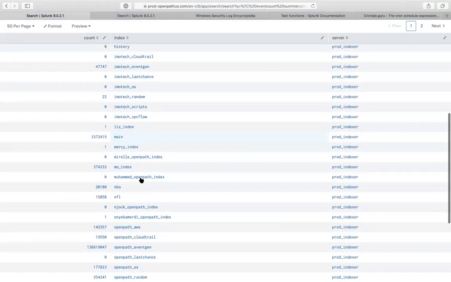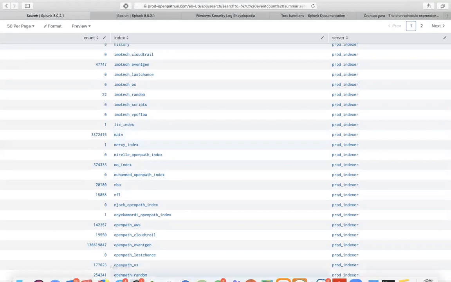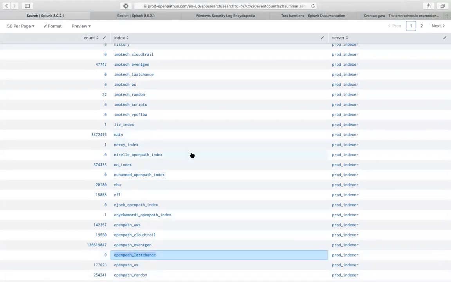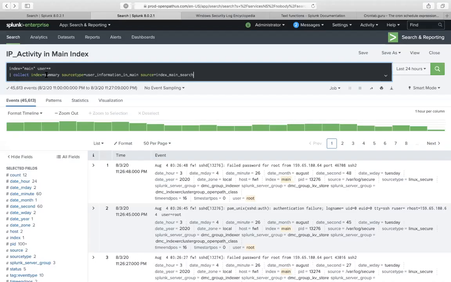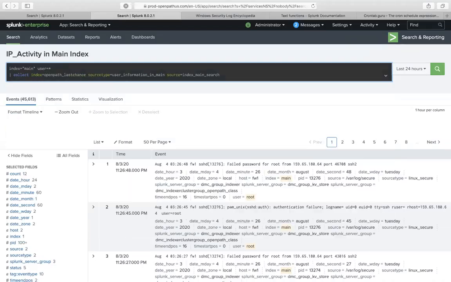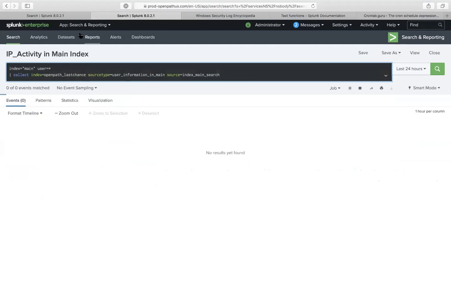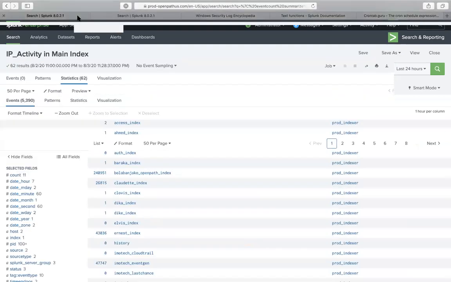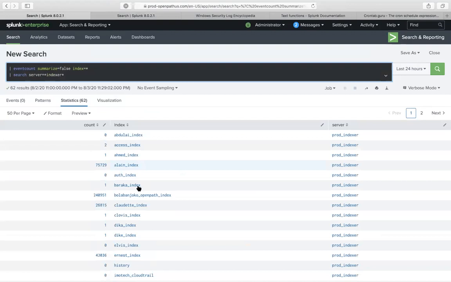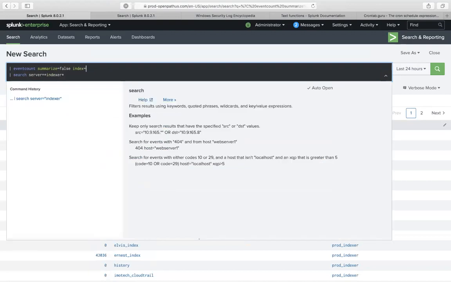I'm going to send this into OpenPath last chance. Let's give you last chance and let's see if it works. Last chance, all right. Right there. All right, let's see if this has picked up events from last chance. Index equals